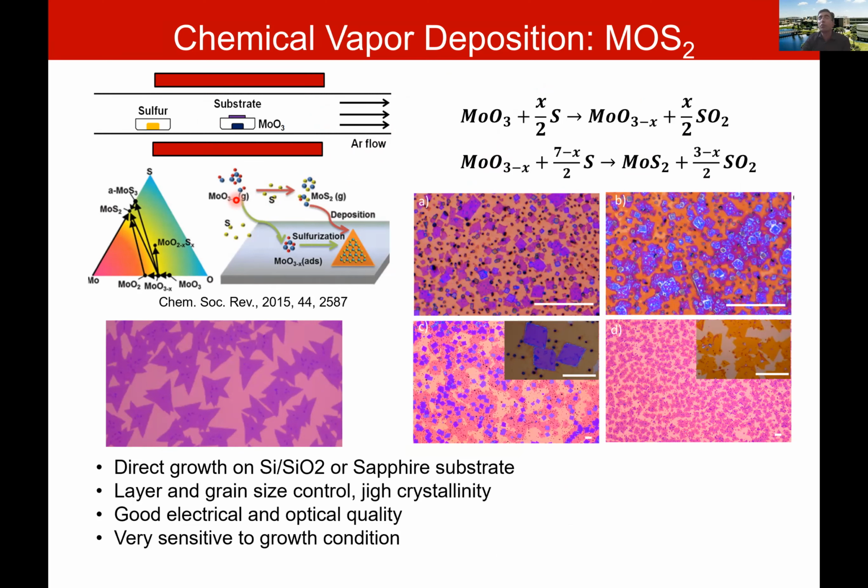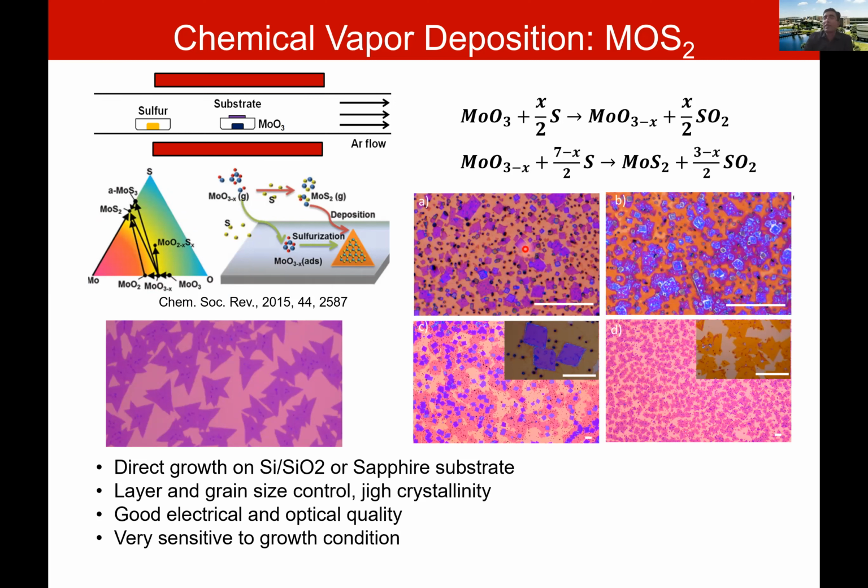Not only do you need two vapors, you need the reaction to happen in the vapor phase. For each moly, two sulfur need to attach, and then cool down. It turns out that's a very difficult phase diagram. If you look here at the molybdenum, oxide, and sulfur phase diagram, if you need to grow molybdenum disulfide, you need to stay on this arrow line. If you are slightly off, you get molybdenum oxysulfide or a core-shell structure, which is shown on the right side here. They have their own applications.